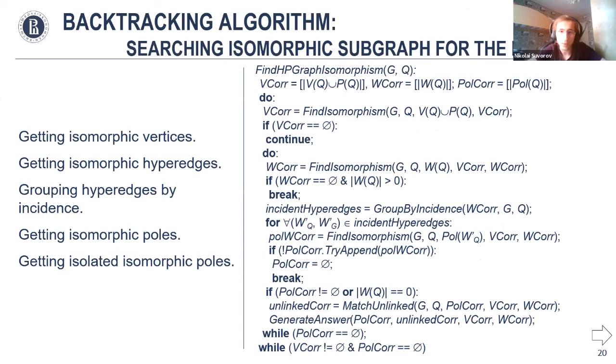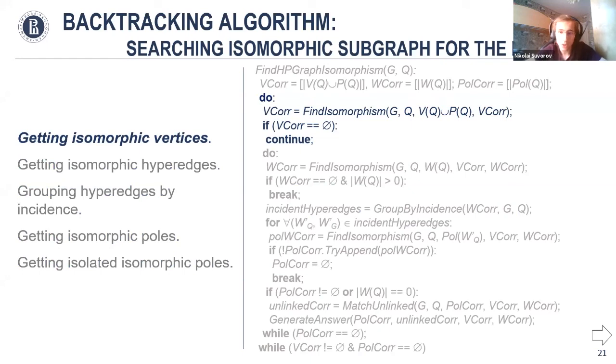The backtracking algorithm based on this approach is presented on the slide. This algorithm traverses a search tree using depth-first search until an isomorphic subgraph is found. If a pair of corresponding elements cannot be found at a certain step, the algorithm moves to the previous level. Considering the division of the algorithm into several layers, the search algorithm should be modified to perform the search separately at the vertex level, separately at the hyperedge level, and separately at the pole level. Firstly, the vertices matching is performed. At this stage, vertices and external poles are combined into one set. If a candidate for